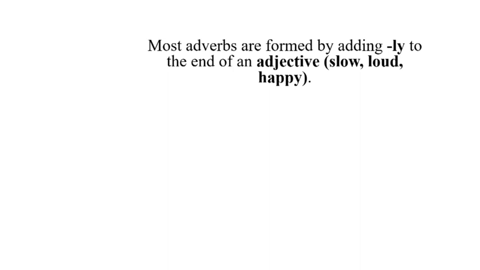Adjective, pridev, on više opisuje imenice ili zamjenice. Slow, loud, happy. Happy girl. She is a happy girl. Pridev. She looks happily. Kako izgleda? She talks happily. Kako priča? Na koji način? Znači, happily je prilog za način jer opisuje radnju, način na koji ona priča. Ali ako je ona ta koja je srećna, ako opisujemo nju, dakle opisujemo osobu, imenicu, subjekat, to je onda pridev.